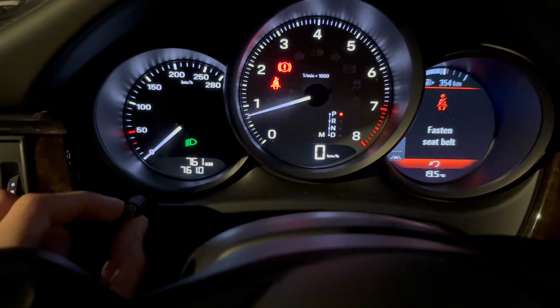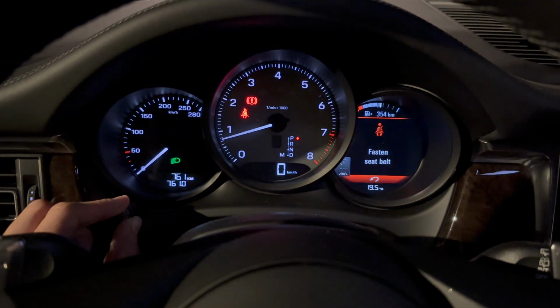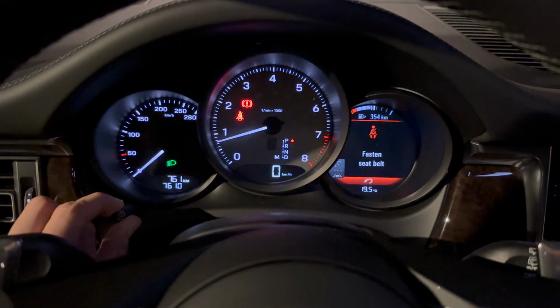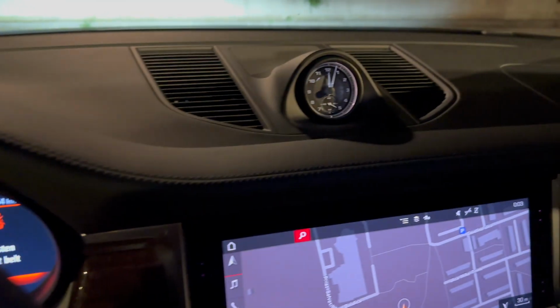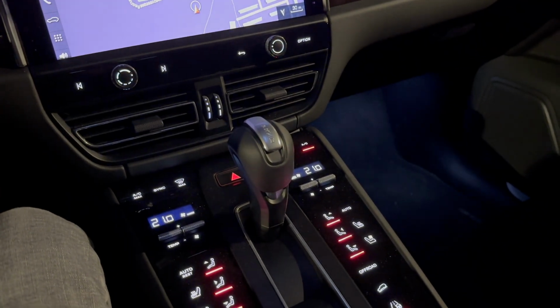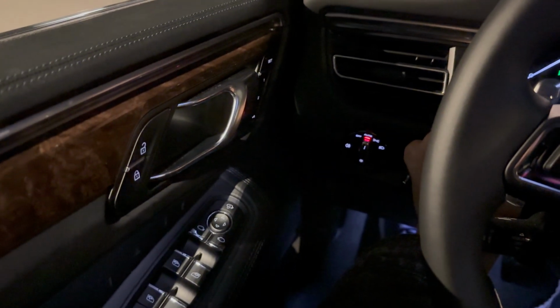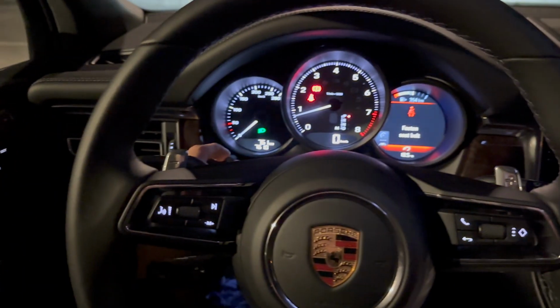Also small details, so when you push this one to the side, it dims. And then if you push it to the other side, it increases in brightness. Also affects the little watch there, the little buttons there. You can see that kind of dims out, really barely you can see those, but